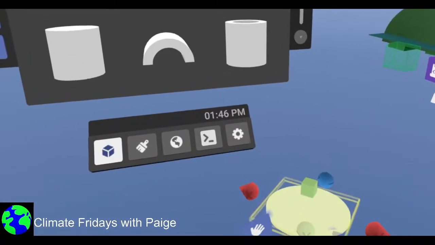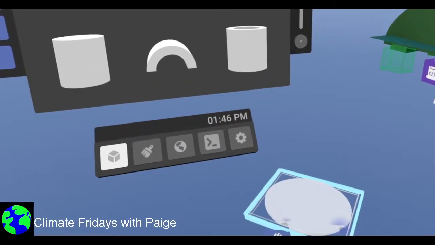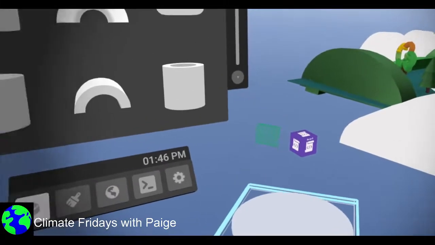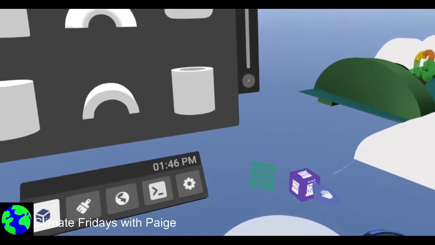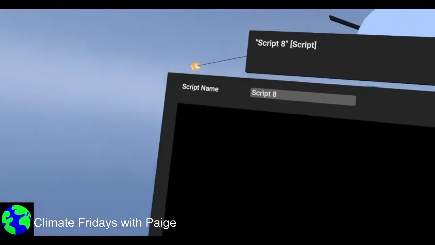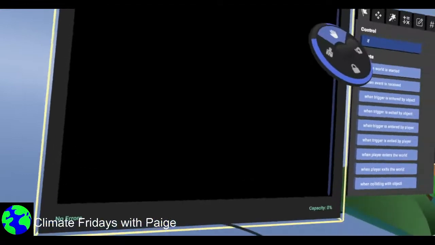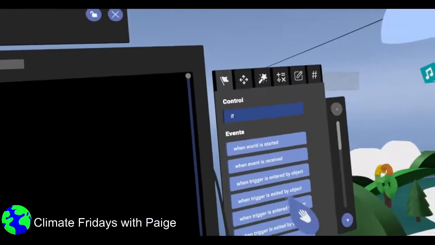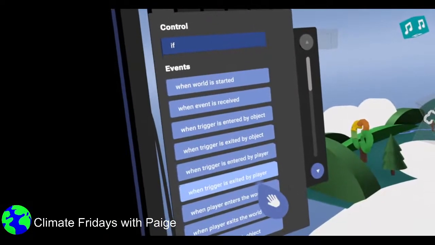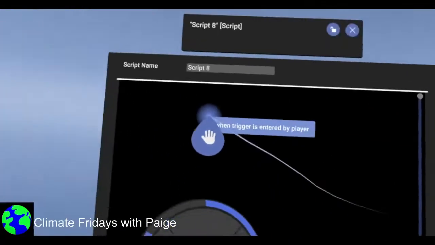This is kind of the icy spot. And when, let's open up our script, and we're going to take out when the world is started, but when trigger is entered by player,